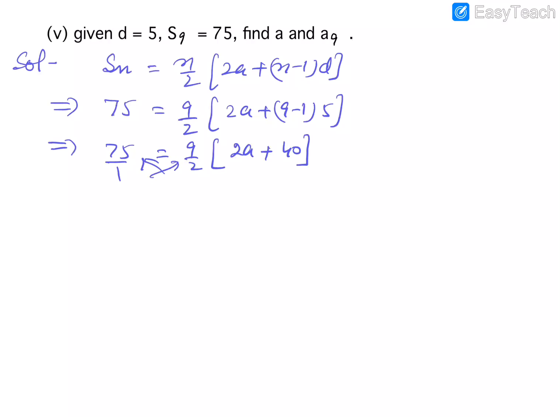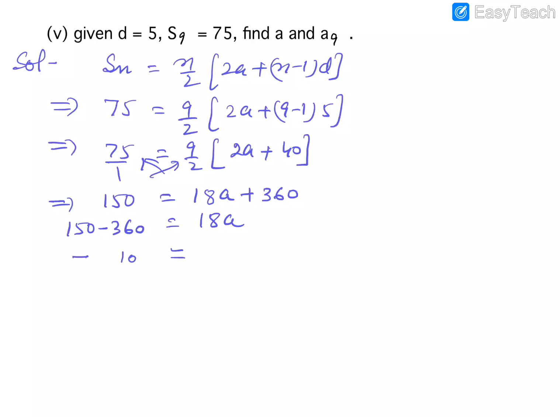By performing cross multiplication, this gives 150 is equal to 9 2s are 18a plus 9 4s are 36 and 0. So 18a is equal to 150 minus 360, that is minus